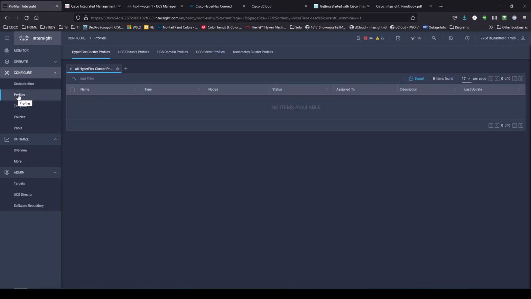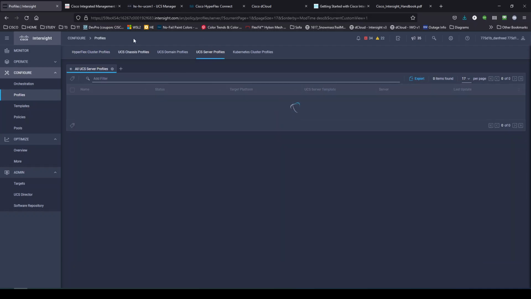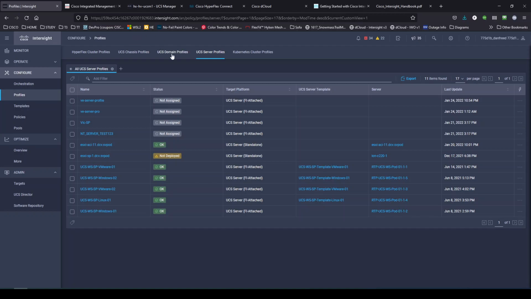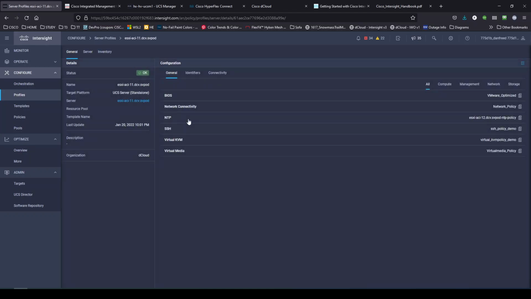Okay, and then once you clone out multiple UCS server profiles, which we'll create up here, remember I said there's 3 different types of UCS, right? You've got your domain, which is for your Fabric Interconnect configuration. You've got your chassis, which is your chassis config, and you've got your UCS server profiles, which are the equivalent of service profiles in UCSM. So if we click on one of these, then we would see sort of the expected stuff, right? All of the policies that were combined into this profile, where this profile has been applied, when the last update to the profile was,